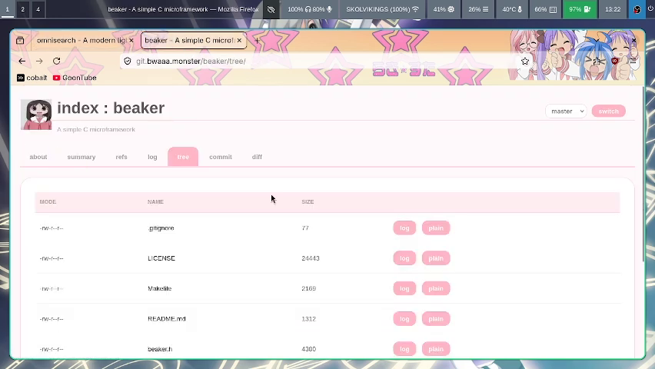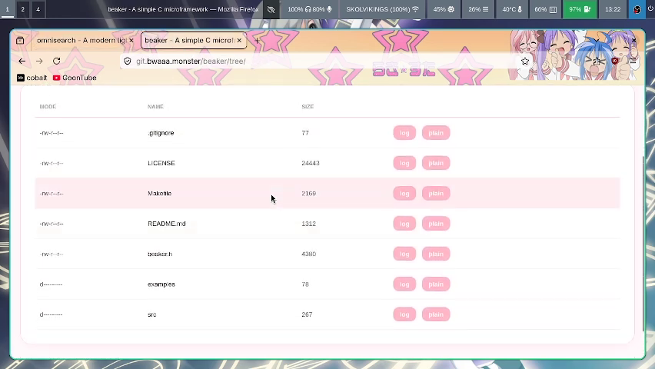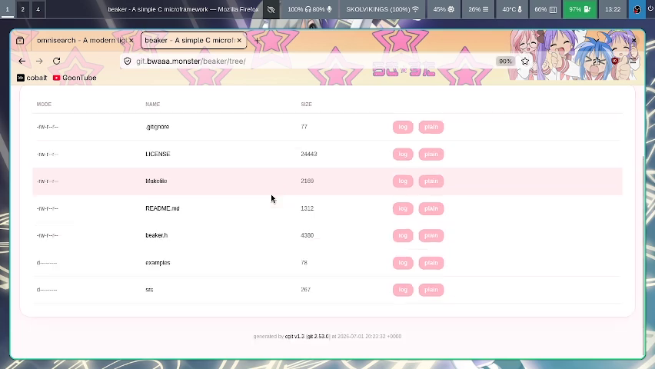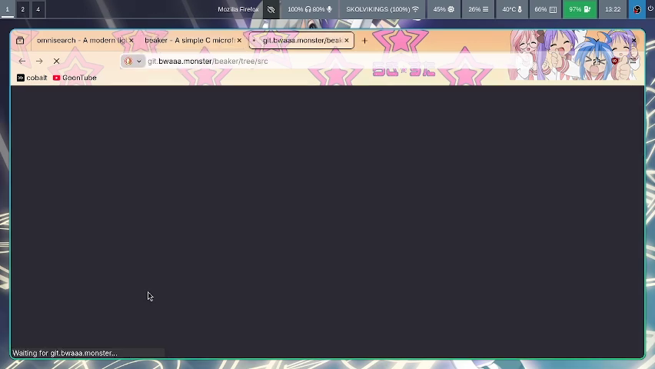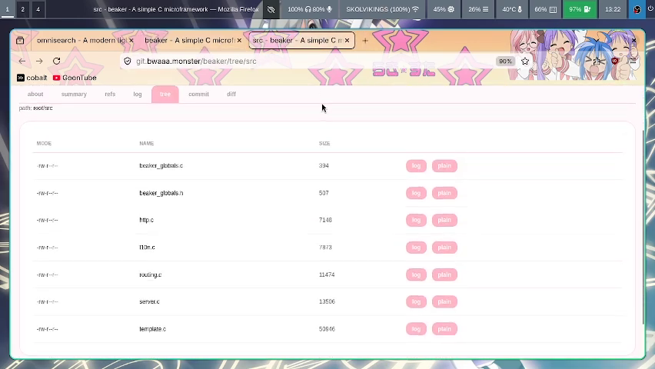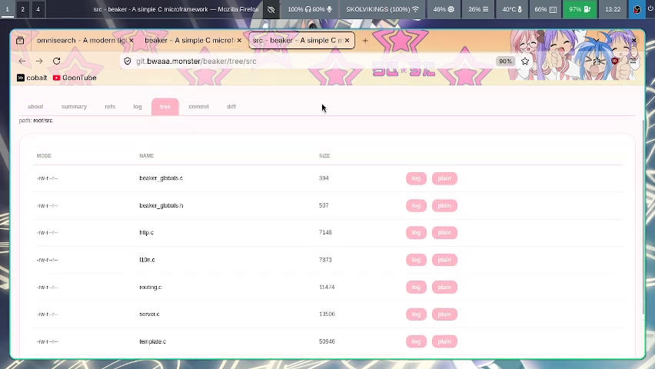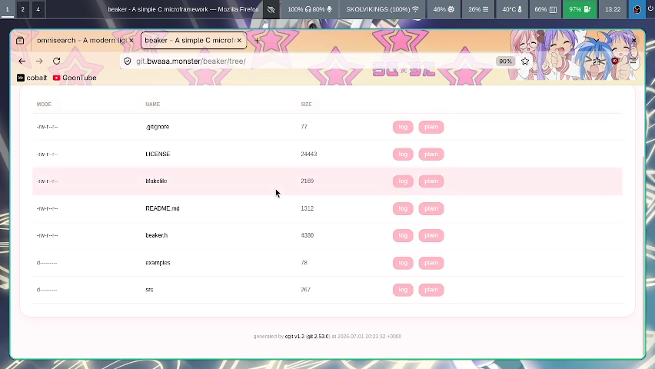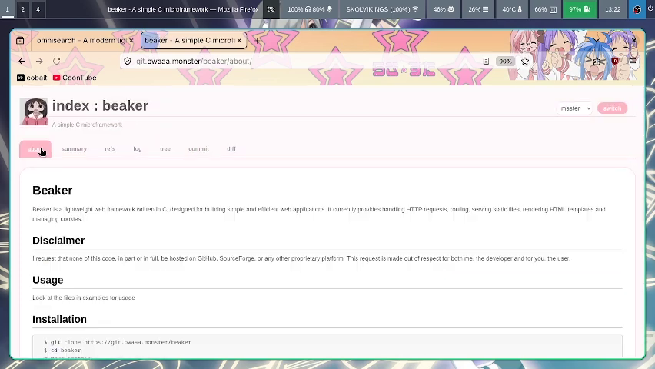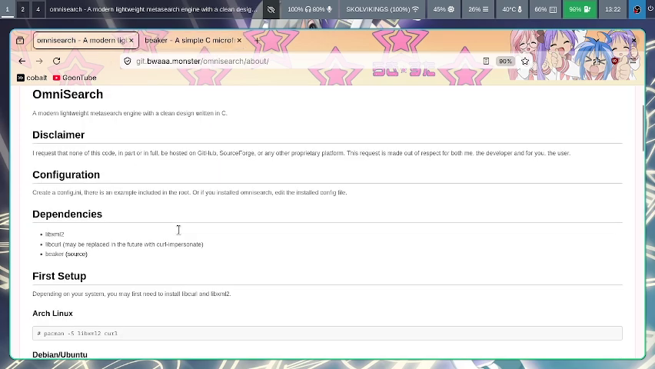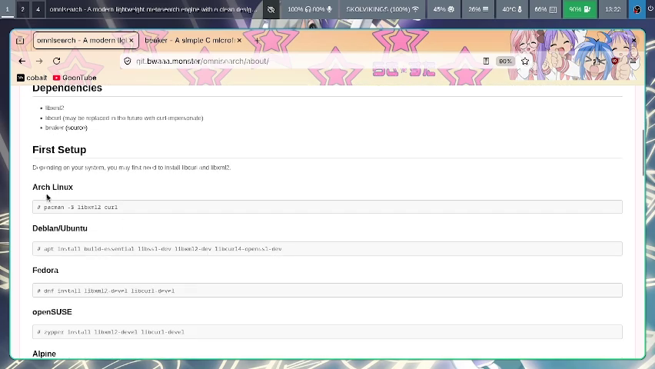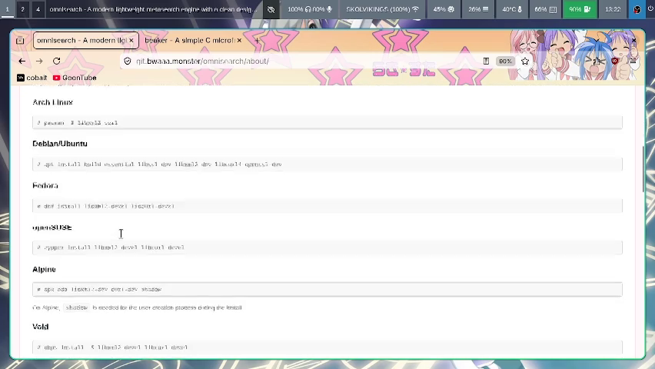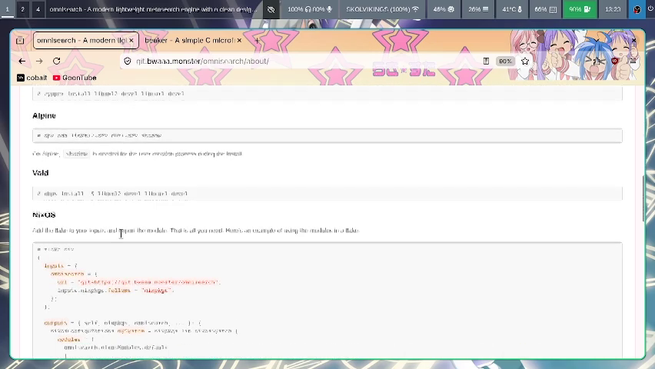I mean, if you look at the tree, look at that. That is clean. That is literally barely anything in there. You just look at this, and then you go to the src, and it's not much in there either. It's a super small but super good micro framework, as it says. It's very good. And it uses several dependencies, and it's across Arch Linux, Debian, Fedora, OpenSUSE, Alpine, Void,